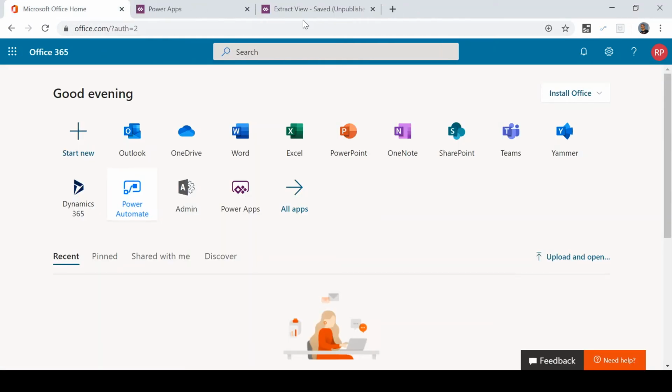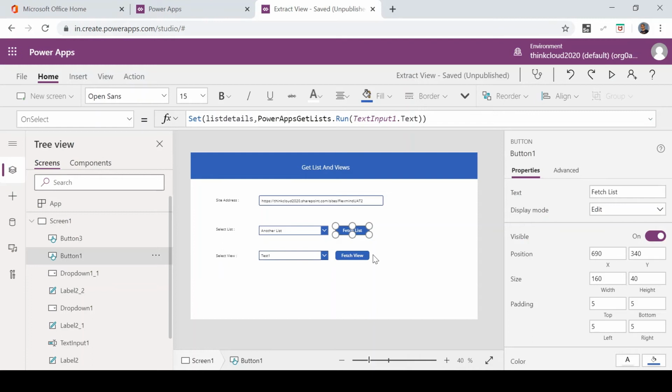Now what I will do, I will simply go to my Power Apps. So as you can see I am setting a variable called list details and I am calling this Power Apps Get List flow. So what this will do, as soon as this button is clicked, all the list names under this particular site will be collected in this variable in a string format which is comma separated.